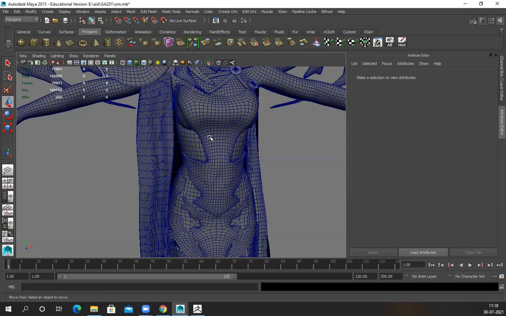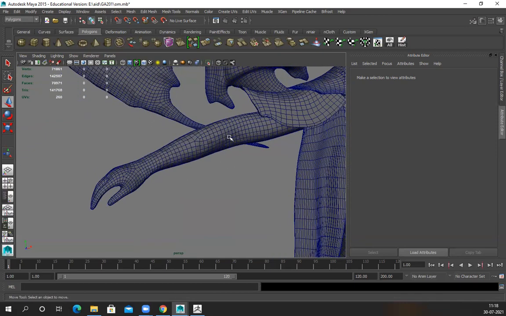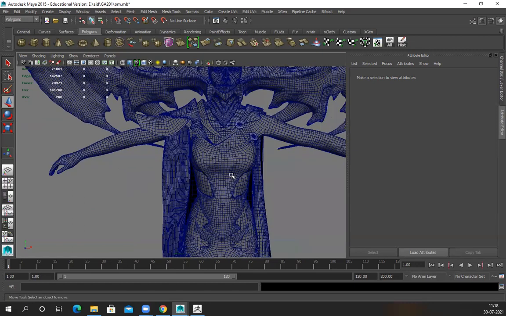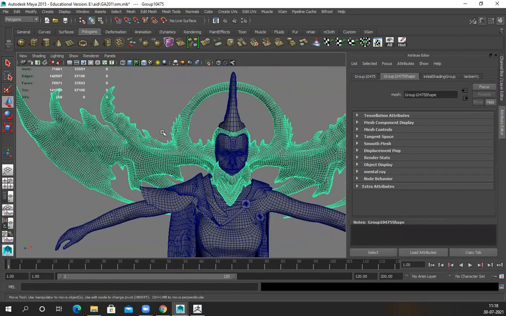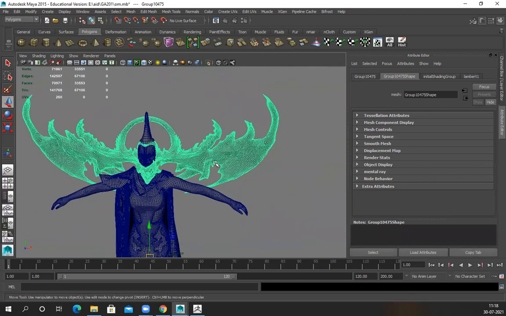So sir, that means you haven't retopoed your body yet. No, not the body. Look, the body is a ZBrush model only, so I have to retopo the body. I'm not getting enough time to do it. Even this horn I have to retopo because it's a ZBrush model. It's really dense, you can see it's 33,000. It's way too much, so I have to optimize it.